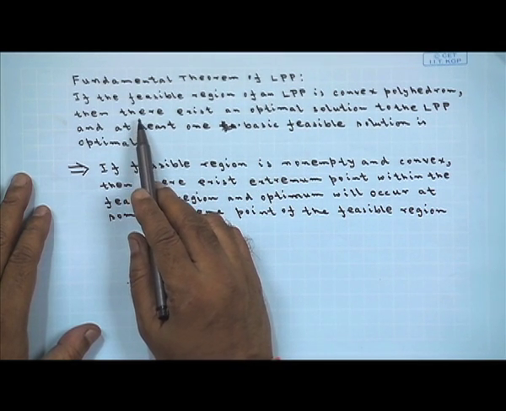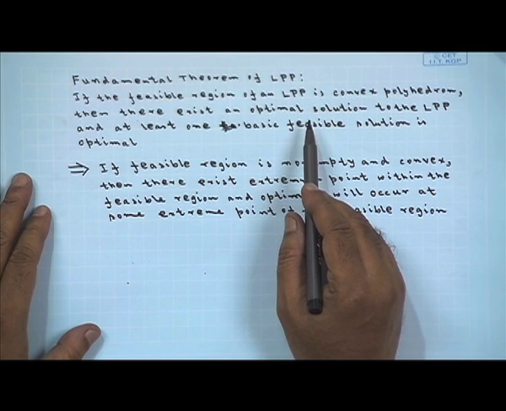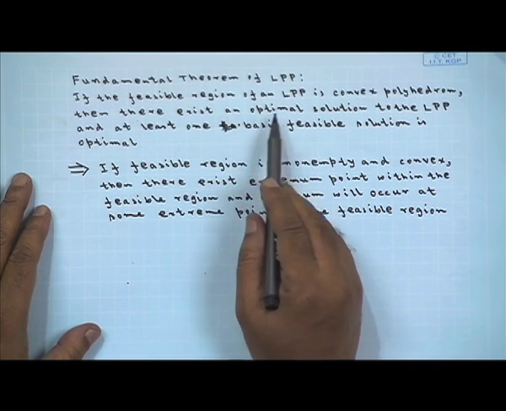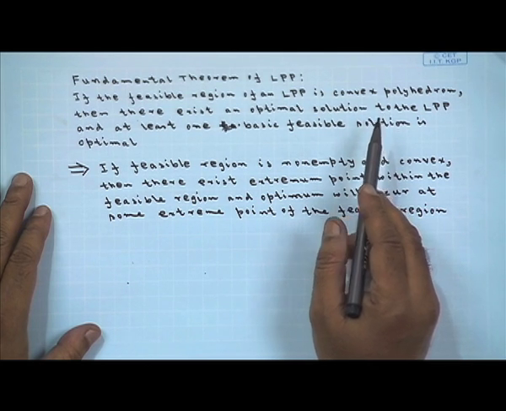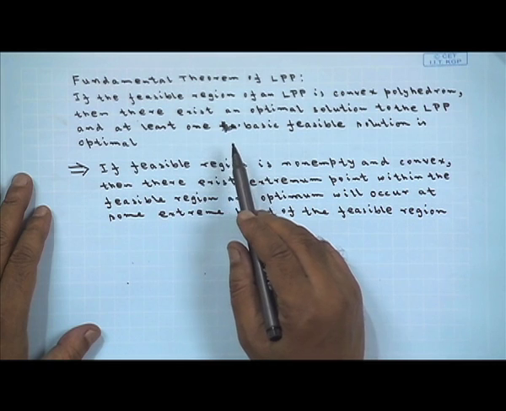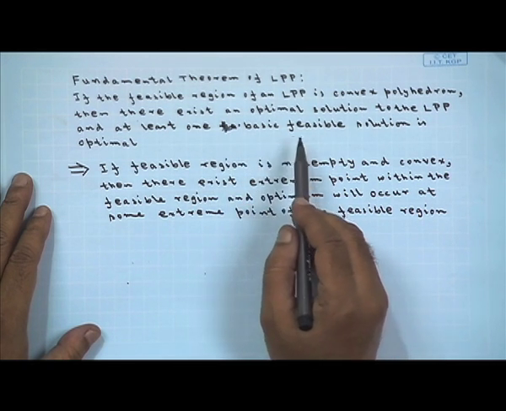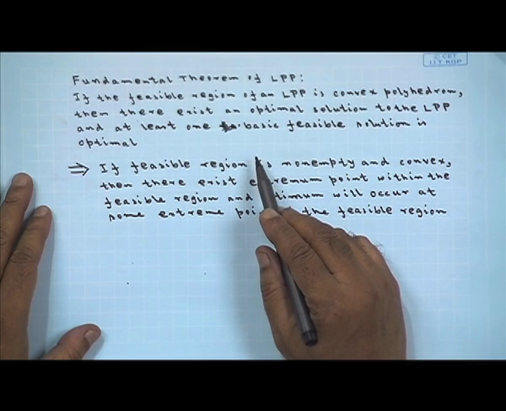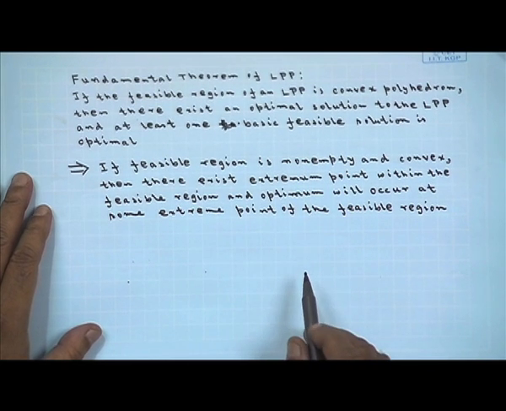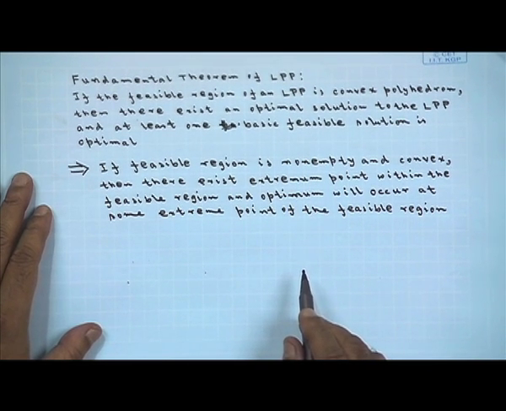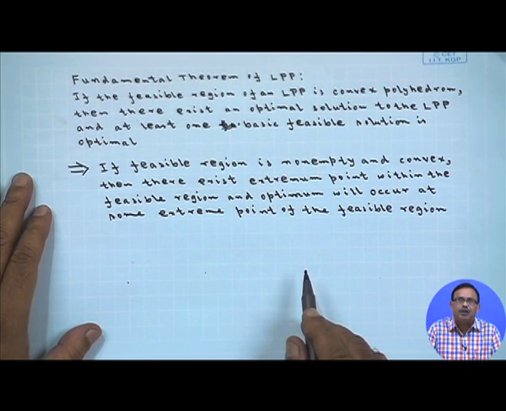What it says: if the feasible region of an LPP is a convex polyhedron, please note this, already we have told the feasible region will form the convex polyhedron, then there exists an optimal solution to the LPP, and at least one basic feasible solution is optimal. So, in other words, this theorem says that if I can show that the feasible region of the LPP is a convex polyhedron, in that case you will obtain an optimal solution and at least one of the basic feasible solutions will be